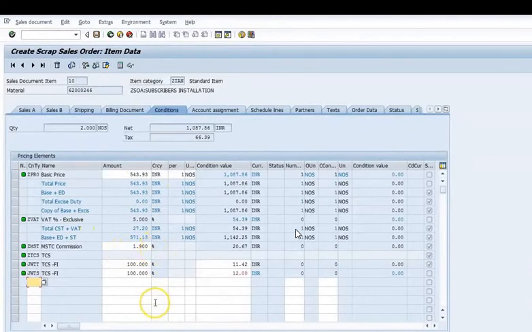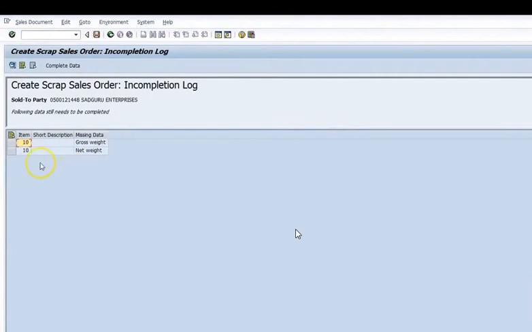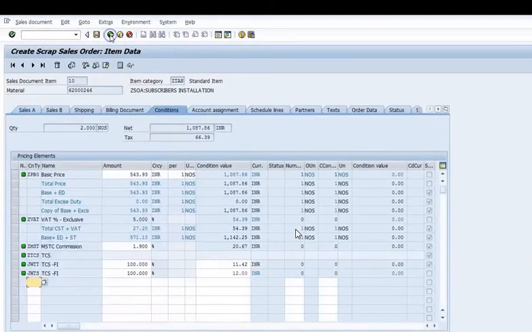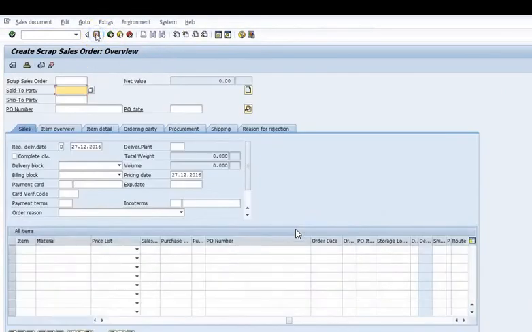Once you map the MSTC commission, it is automatically fetched for the set customer code or material code. Save this data, and there is a pop-up to maintain gross weight. Just fill 1 kg and save.